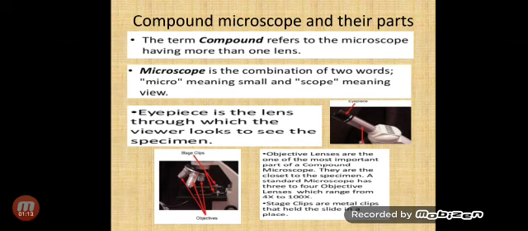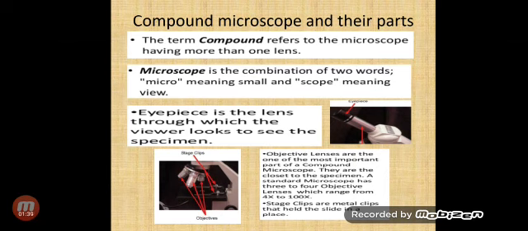In the bottom of the slide on the left side you have another picture where you can see a black square-shaped platform, and this is called the stage. On the stage you can see two silver clips, and they are called stage clippers. The purpose of the stage is that it is only on the stage that the specimen slides will be kept, and the purpose of the stage clippers is to hold the slides in a permanent fixed position.